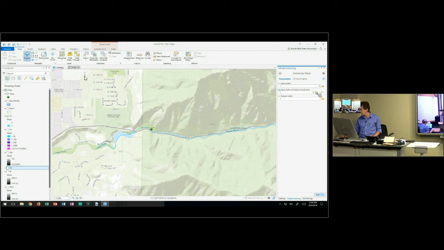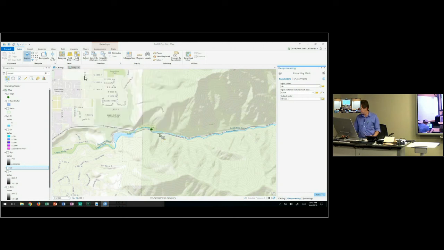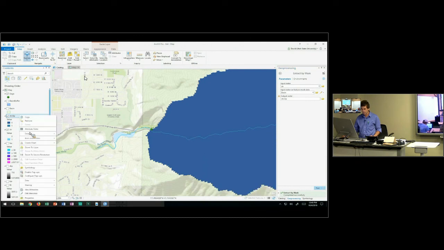So here the raster is the basin. This was what I got from my watershed function effectively. And the output is going to be, I'm just going to call it STR clip, and we can run this, and now we will get effectively, so if we zoom back to that layer,